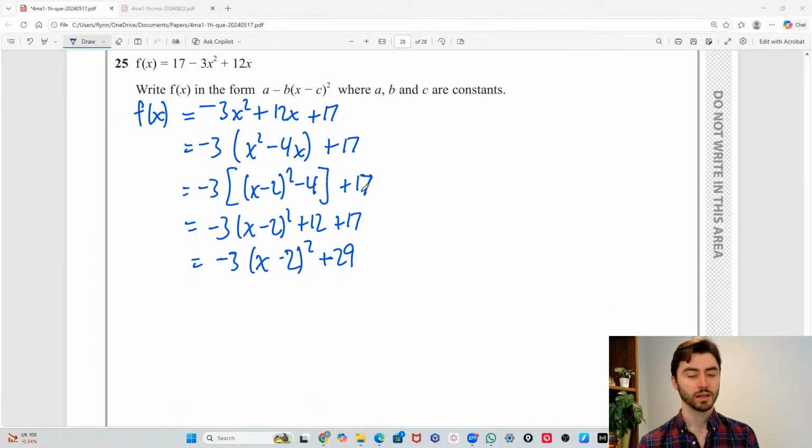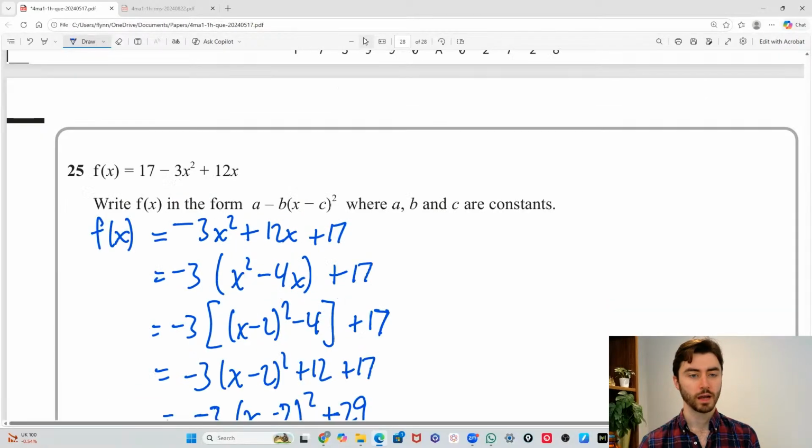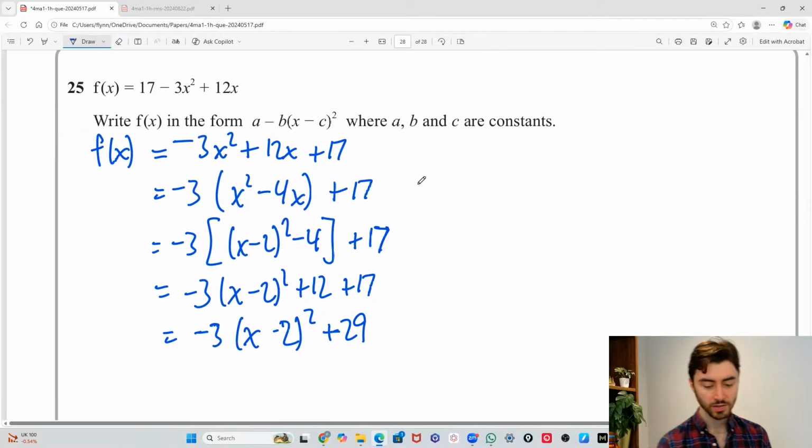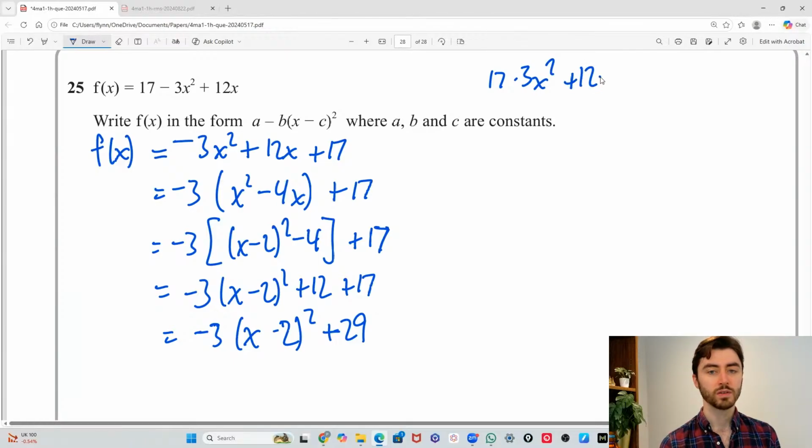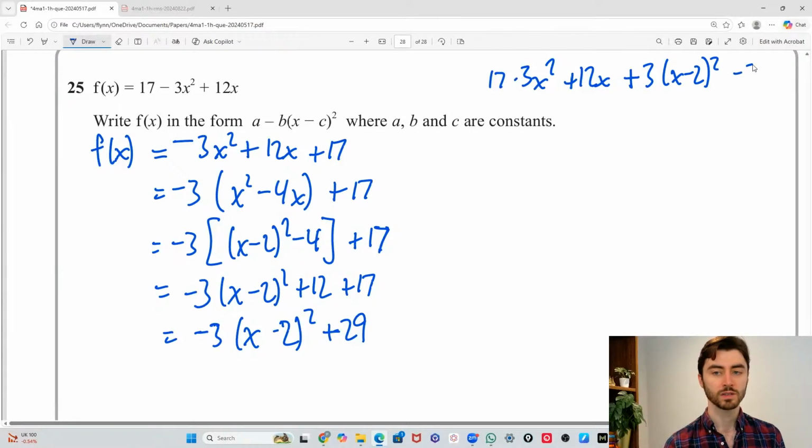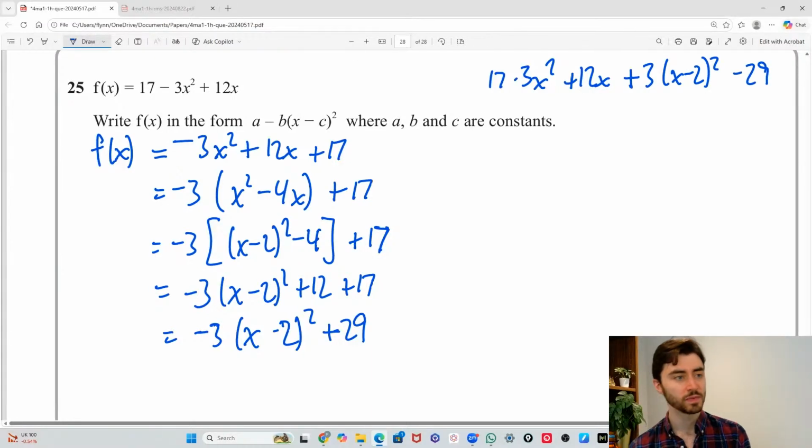And finally, you know what I'm going to do? I'm just going to rearrange this into a form that would get me a clean 0. So here, the form that would get me a clean 0 would be 17 minus 3x squared plus 12x, and then adding this to the other side, I would get plus 3x minus 2 all squared minus 29. That should give me a clean 0,